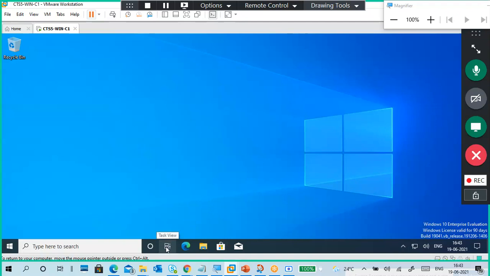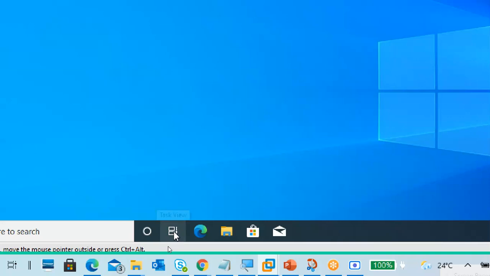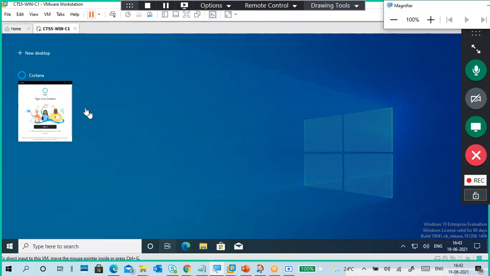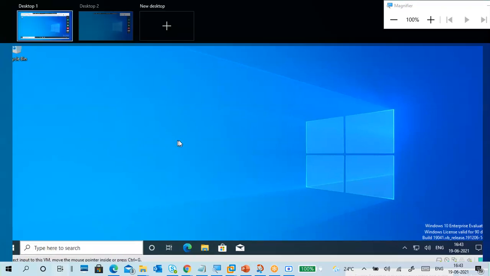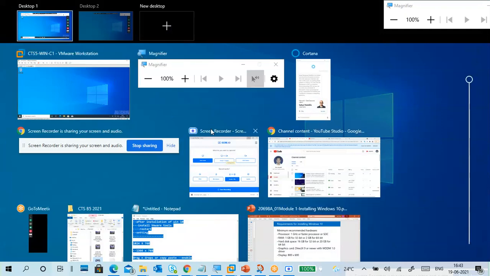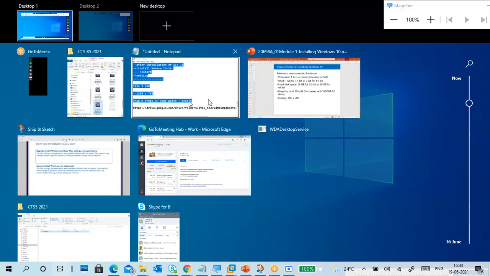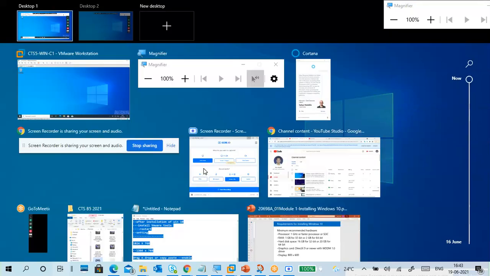Next, here is Task View. If you click on Task View, this is the task which I did a little bit earlier. It is showing my Task View. If you go to Task View on my PC, it shows so many documents and all. So on my laptop's Task View, previously what I did and created, my documents and all that I opened this day, earlier day, previous day, like that.